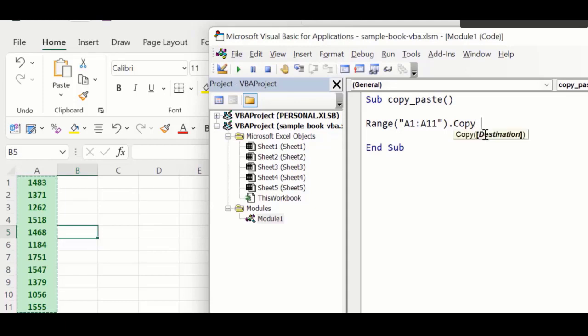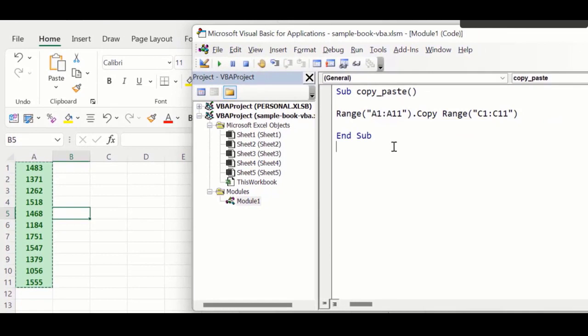Now the next thing is I want to paste these values to the range C1 to C11. So for this, again, I will use the range object, and then I'll specify the range C1 to C11. So this line of code tells VBA to take range A1 to A11 and copy it and then paste it to the range C1 to C11. And now if I run this code,